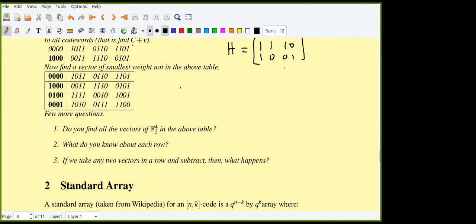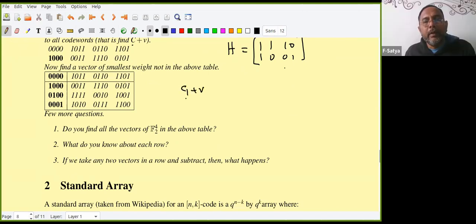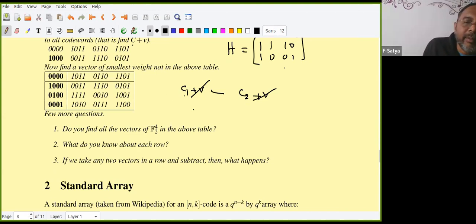They are 1 0 0 plus some vector in C. So these are the code words, coming from adding the same vector to all of them. So it is C1 plus v and C2 plus v, two code words, right? And if I subtract them, this v gets cancelled. I'll get C2 minus C1. But it is a linear space, so the sum of two code words is also a code word. Or the difference, and sum and difference are the same in F2. It is a code word. So that you already know, right?